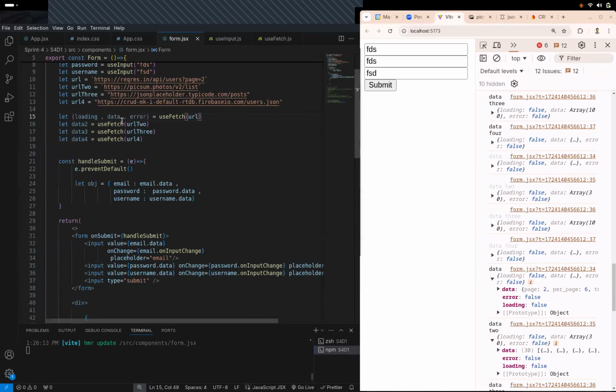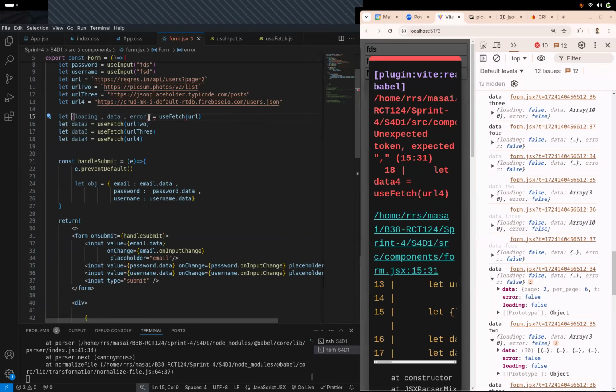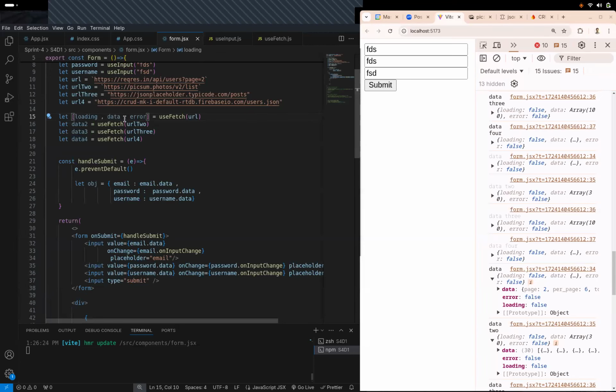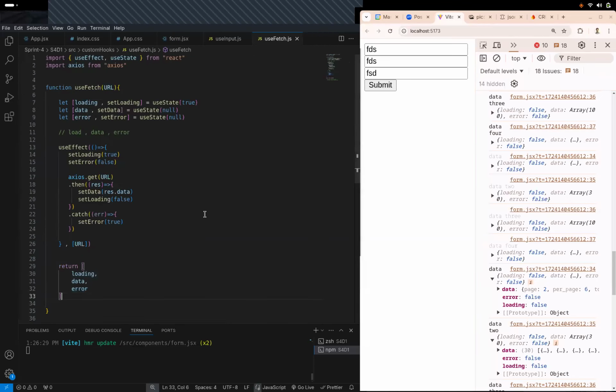right? All you have to do is come here and import it in that fashion, right? But if you're doing it with an array, just make sure the sequences are correct, right? Because an array accepts in a sequence. But with respect to object destructuring, does sequence matter? No. What matters? The name of the key,